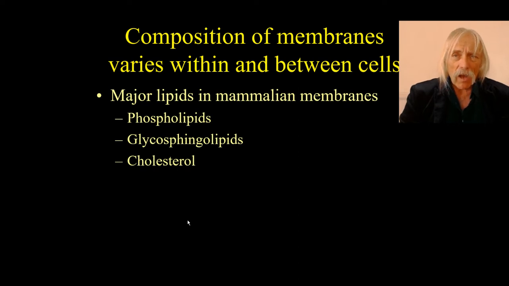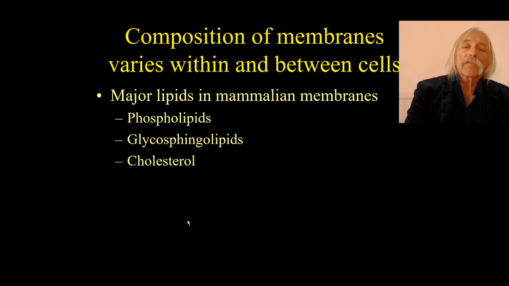So this now allows us to start talking about the membrane itself. Of course, the membrane composition is going to vary with function, and that means with different cell lineages. So the major lipids in mammalian membranes are phospholipids, glycosphingolipids, and cholesterol. By phospholipids, I mean phosphoglycerol-based lipids. Okay? And the sphingolipids, of course, have a sphingosine base. And then the other very important membrane lipid in animal cells, particularly at the plasma membrane, where it's most increased in molar concentration, is cholesterol. Okay.